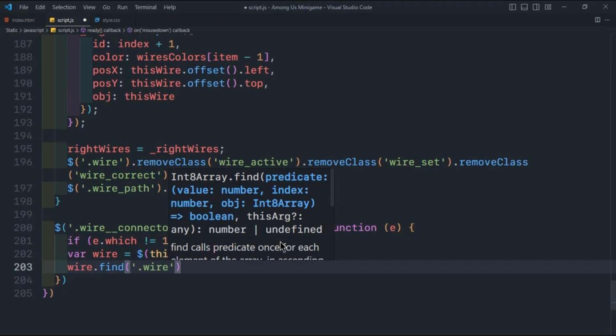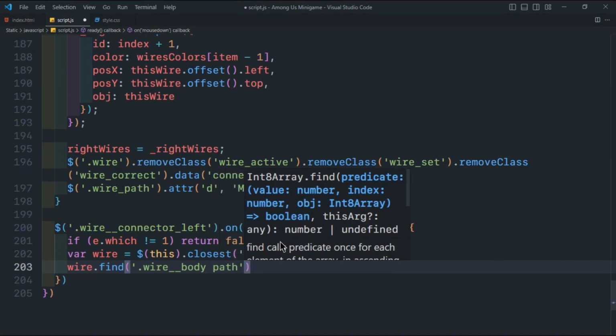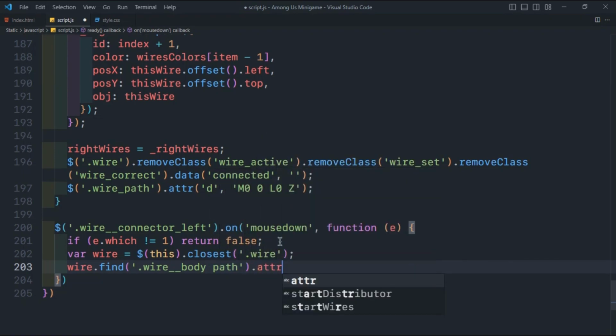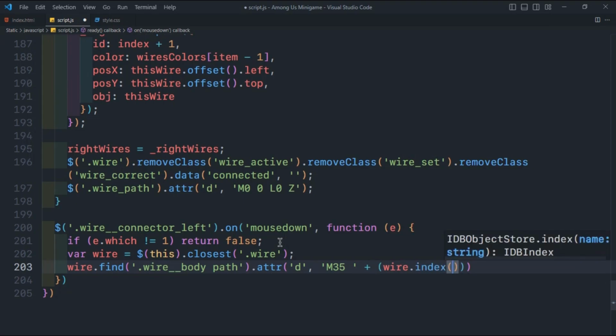So wire body and path to dot attr dm35 and plus the wire dot index times 100 and plus 80. So all of this plus the L attribute